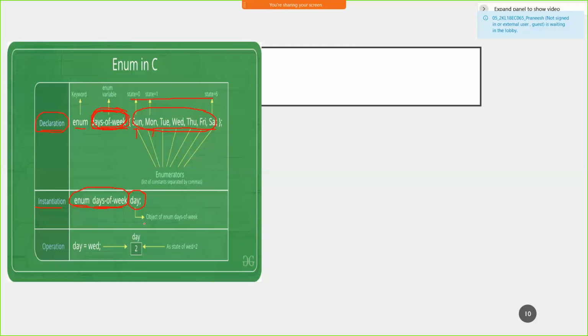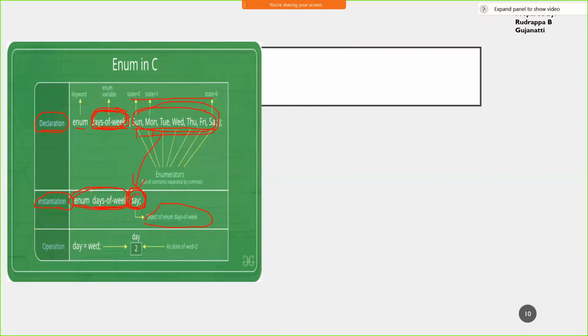Now we can call it an object of this type, because in object oriented programming you instantiate: once you define a class, you can create instances of that class. But in C programming, you don't have the object oriented concept, so this is just as a reference, like creating an object of this type. Once you create this, you can assign any of these values to this parameter. So this will be your constant.